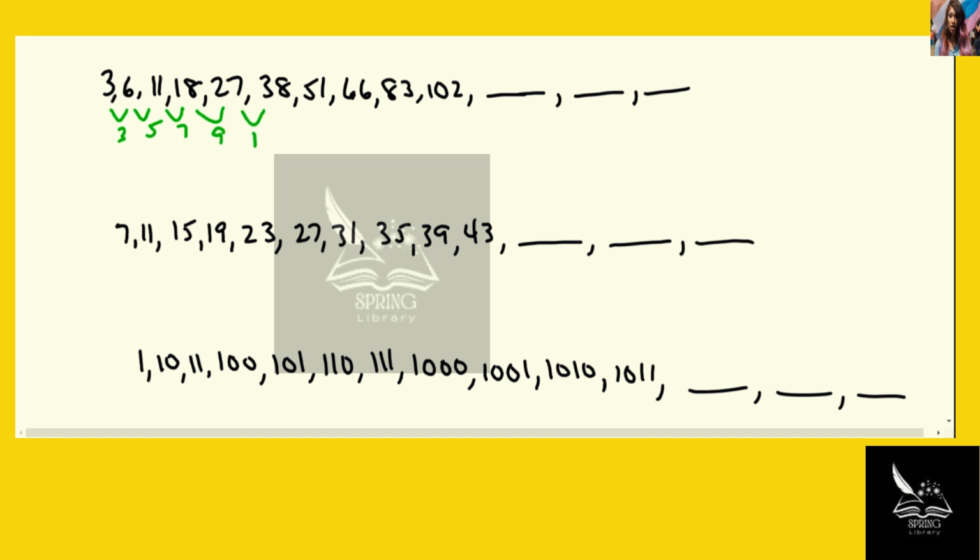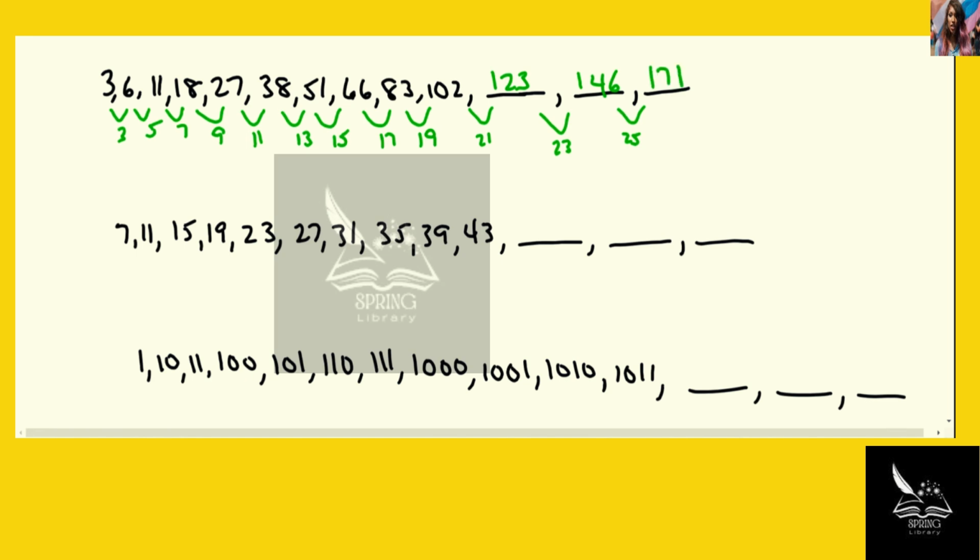And let's see if it keeps going. We have 11, 13, 15, 17. It definitely continues. So my next gap would be 21, which gives me 123. Then I should have a gap of 23, which is 146, and a gap of 25,